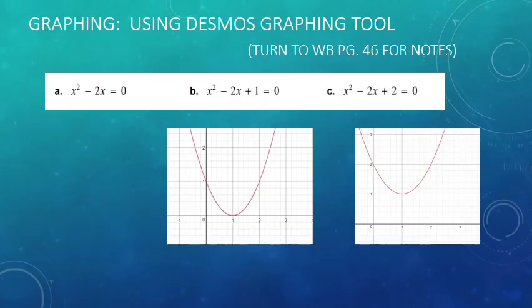We already did A in the Desmos grapher, and we noticed that the answers to that were 0 and 2. Okay, so that means that graph crossed the x-axis at 0 and at 2 on the x-axis. All right, so